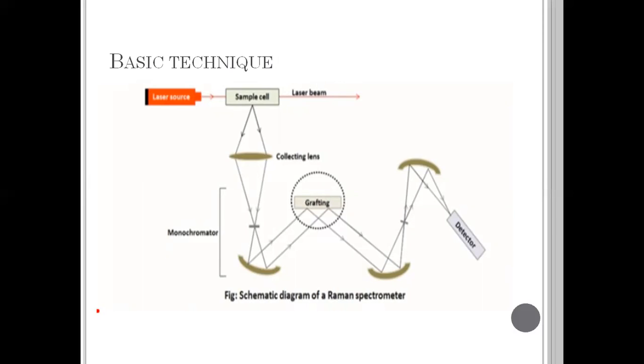Firstly, because both the incident and scattered radiation are at ultraviolet or visible frequency, conventional optics and glass cells can be used, avoiding the problems inherent in NaCl windows, atmospheric absorption, etc. Secondly, because the beam can be focused extremely finely, very small samples can be studied. This, combined with pulse techniques, which can give very short time resolutions, enables very small quantities of transient species to be studied. And thirdly, water, which has a strong infrared absorption, is a rather weak Raman scatterer,